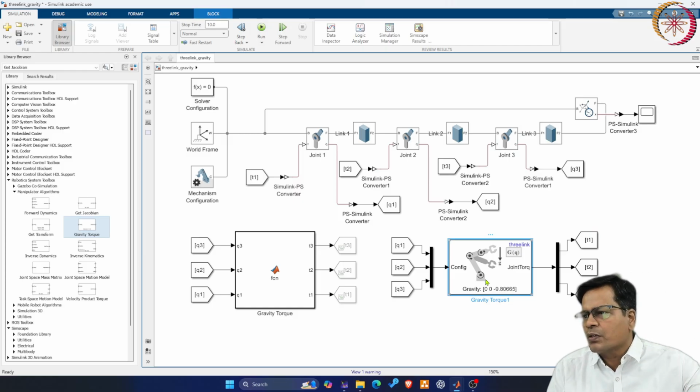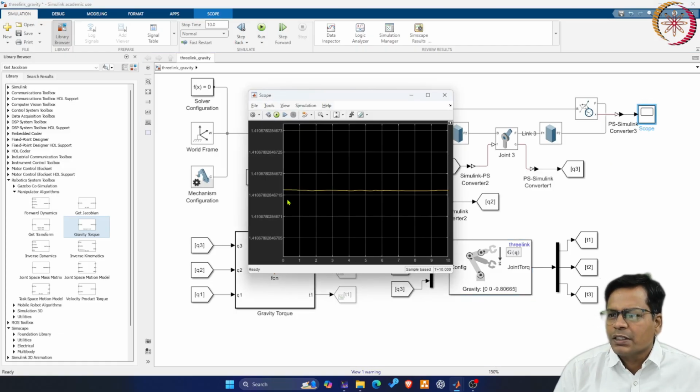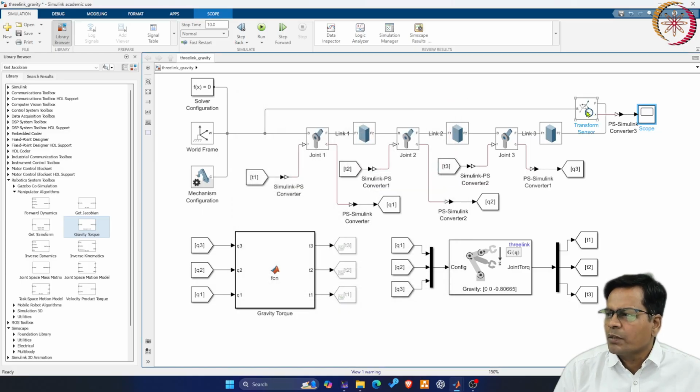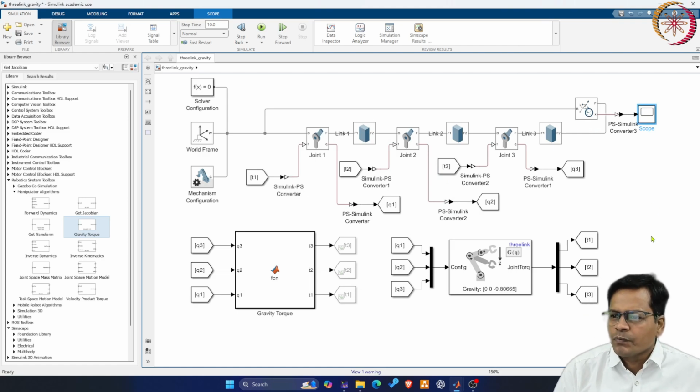You can use this torque block directly in your force control algorithm. This is the end effector position that remains stationary. It is not getting changed. You can plot all three end effector coordinates x, y and z, and all the plots can be seen. The robot doesn't change its position. Now I'll put this under comment.